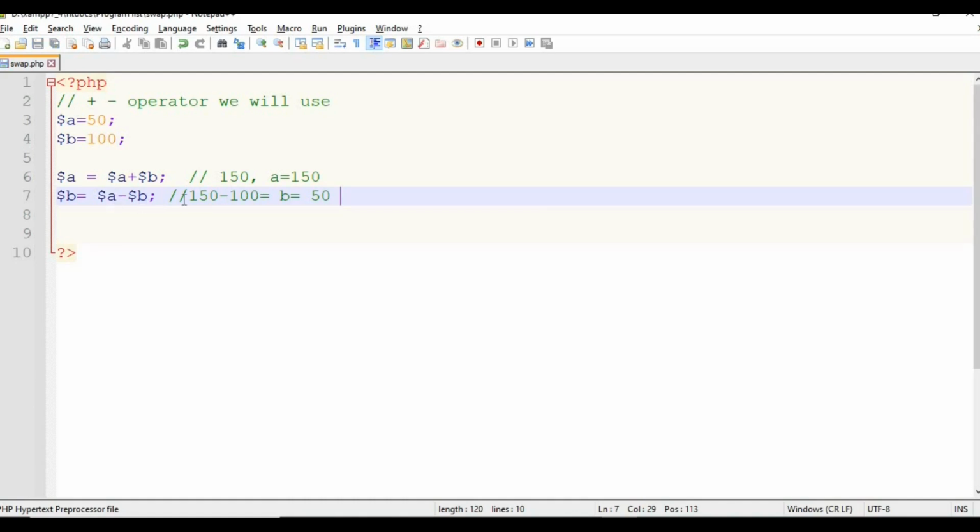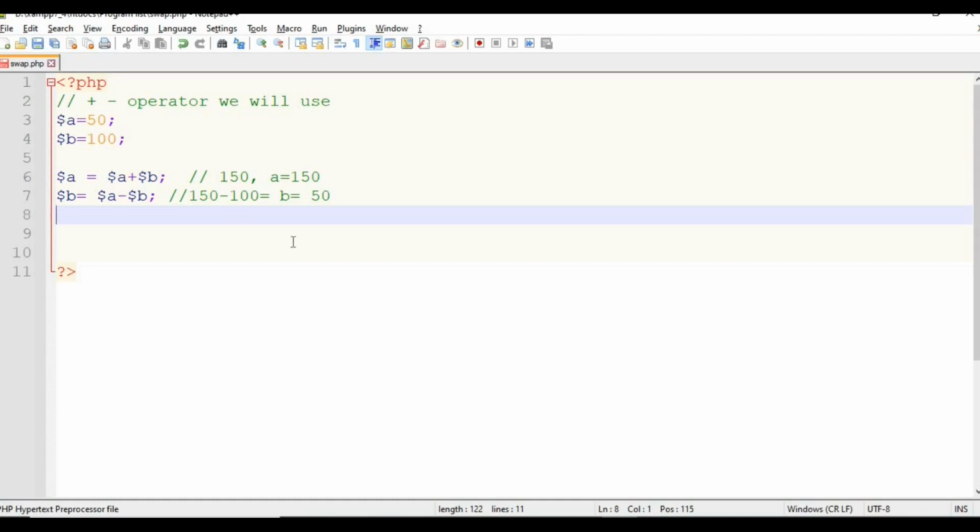Now we get b equal to 50. This b will become 50. Now I want to assign this 100 to a. I know a is 150 and b is 50. To get the value of 100 for a, I need to just subtract 150 minus 50.